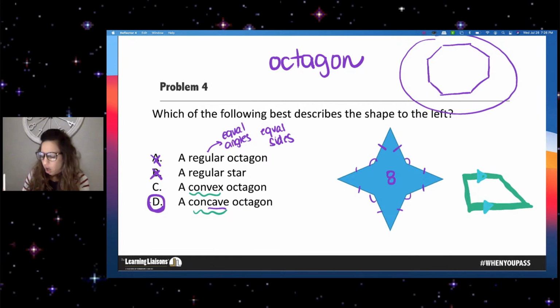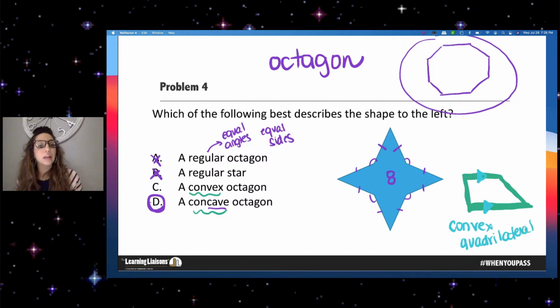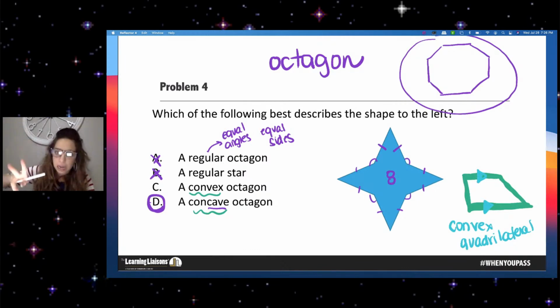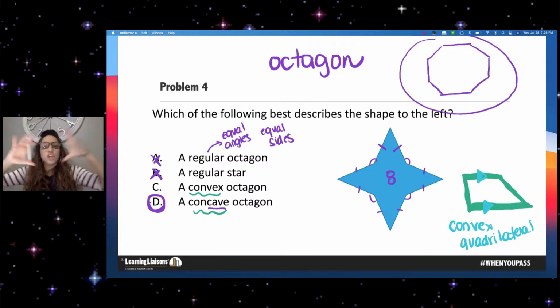We could also call this a convex quadrilateral. Now, you would probably never see it labeled like that. You would probably see it labeled as a trapezoid, but this is a convex quadrilateral because it has 4 sides. A quadrilateral has 4 sides. An octagon has 8 sides. A pentagon has 5 sides. And it's convex because there's no caves where the vertices are. A bear couldn't hide here, here, here, or here. Those caves are going to happen at the vertices.